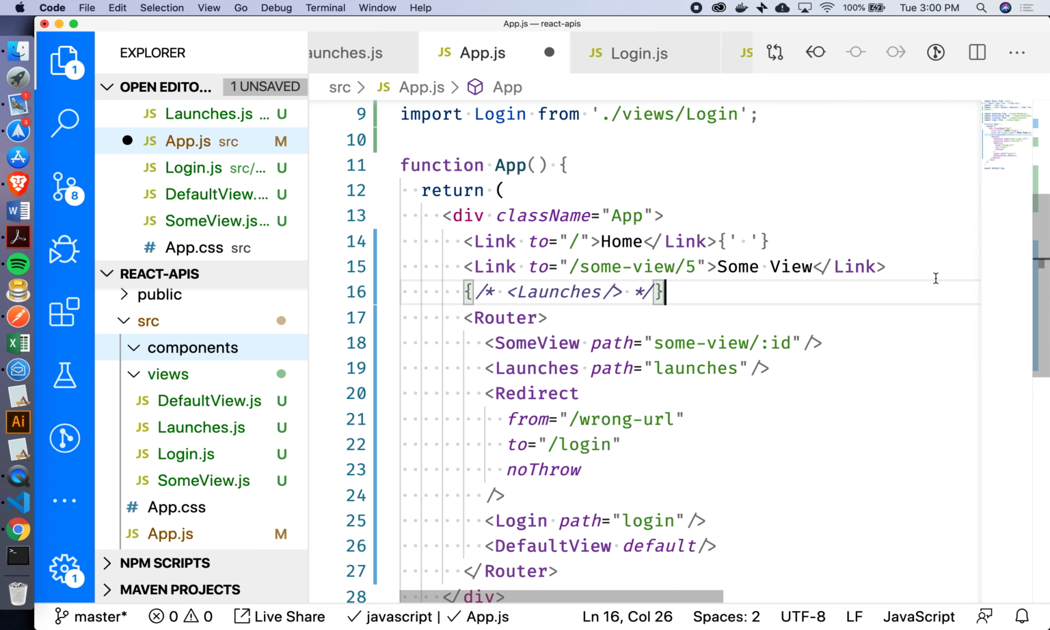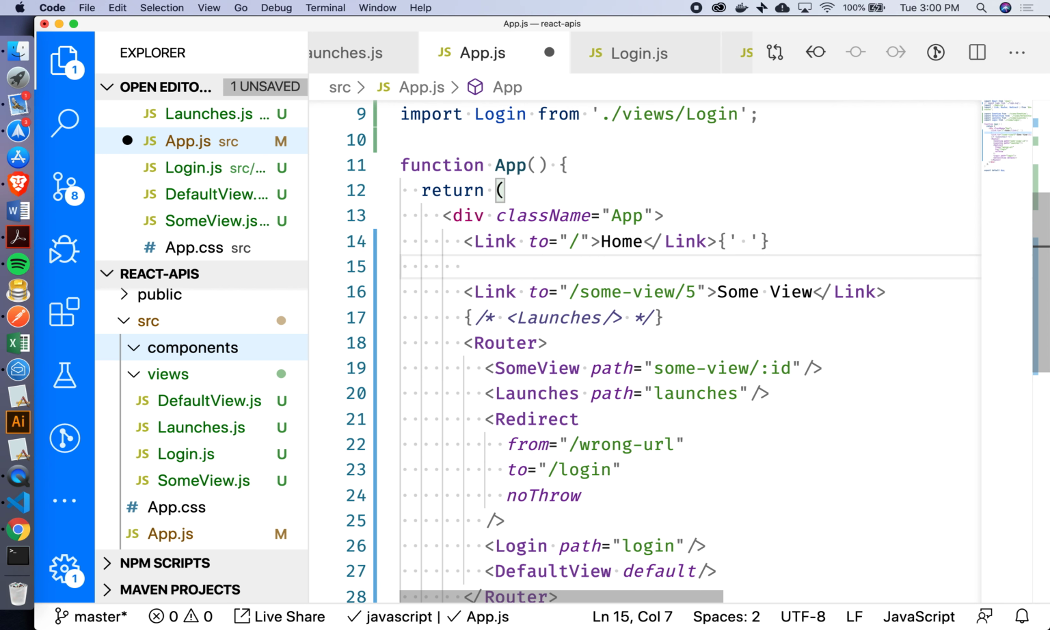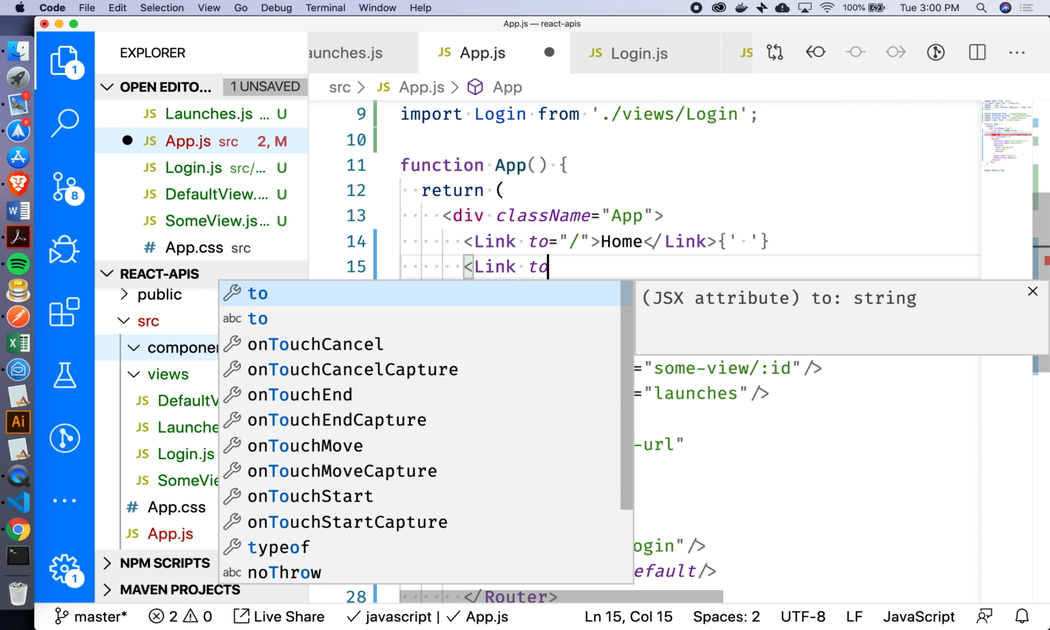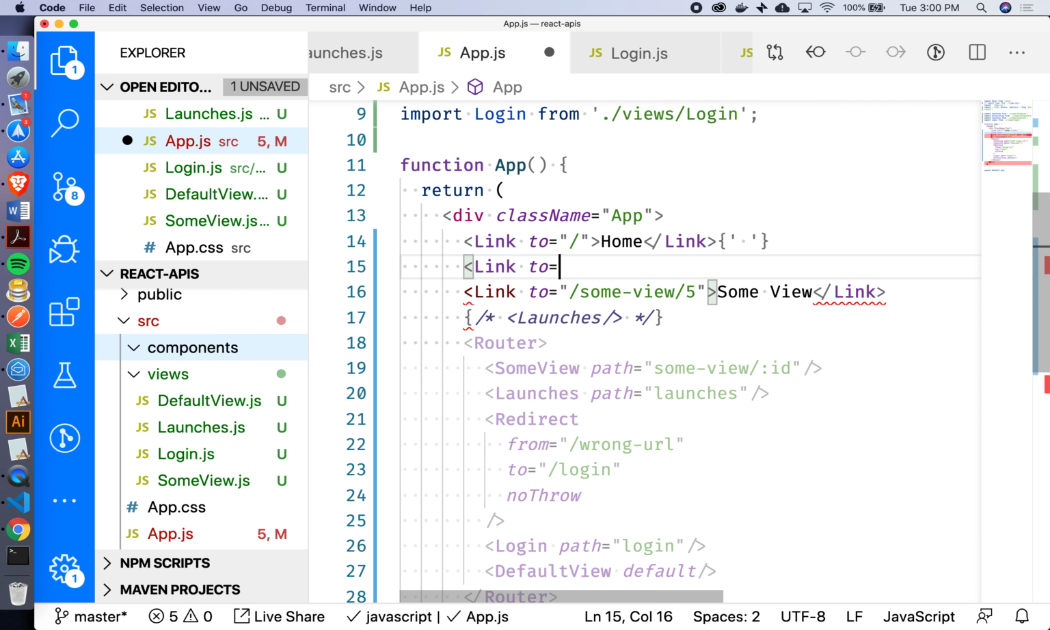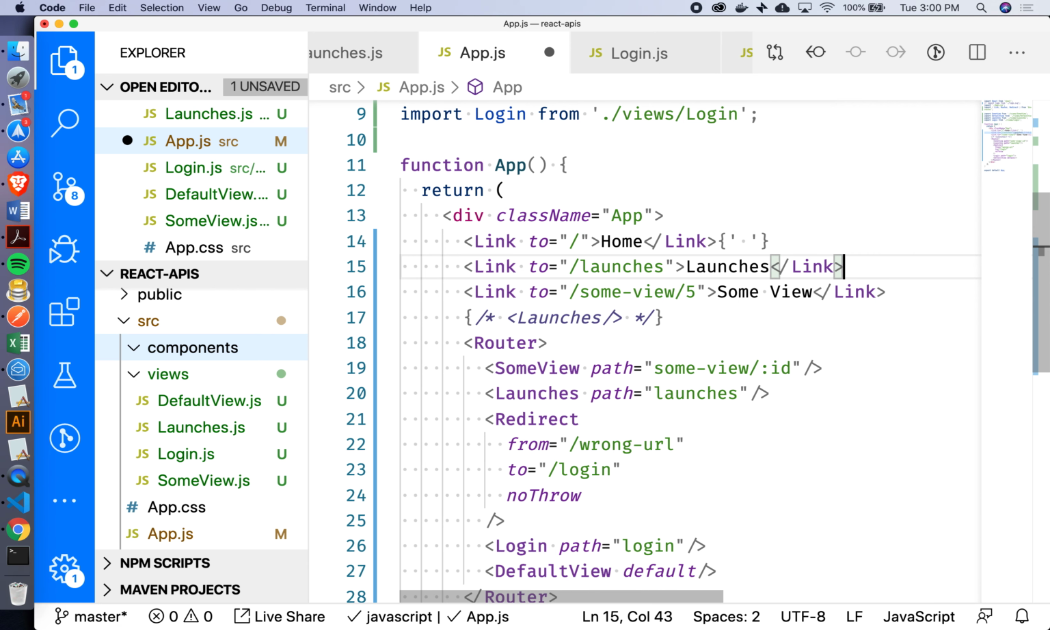Okay, and then I'll create a link to it up here so that we can instantly go to it. So after home here, let's say Link to equals launches. Okay, maybe I'll need some space in there too because React likes to sandwich stuff together. Okay, so that looks pretty good. Let's see what happens here when we actually go there. So if I click here,